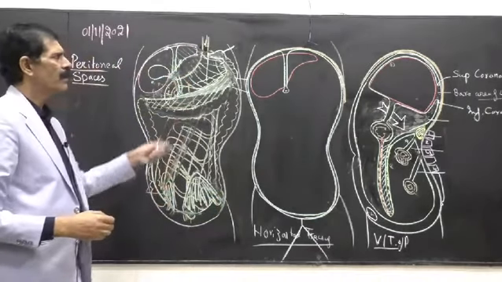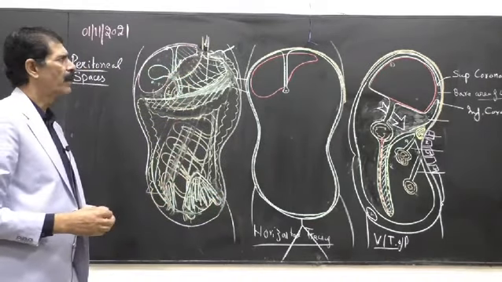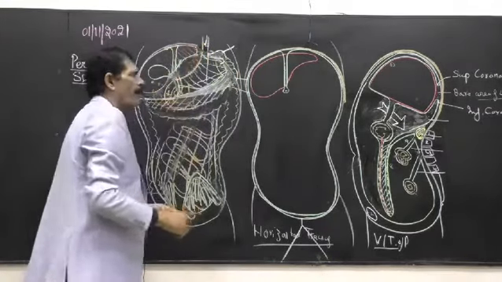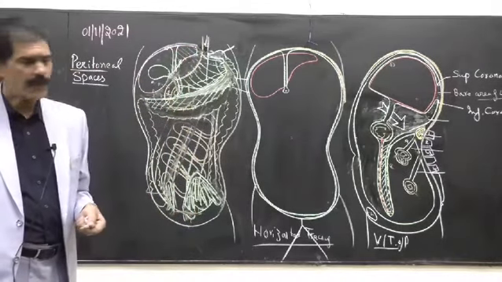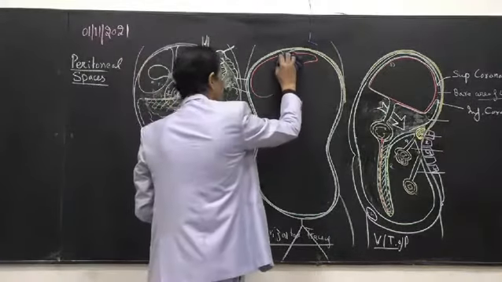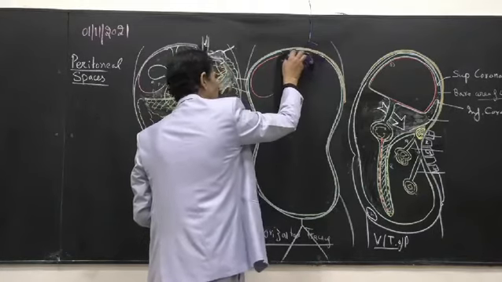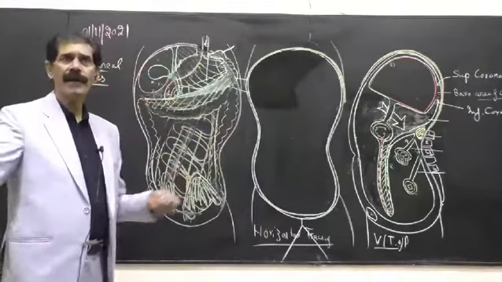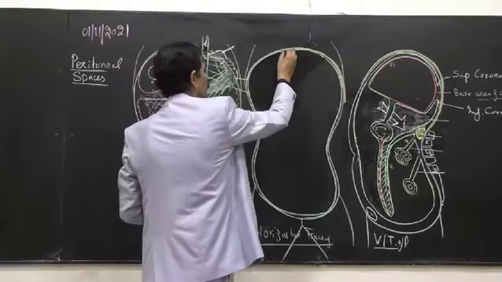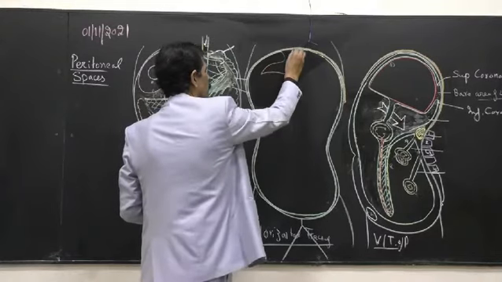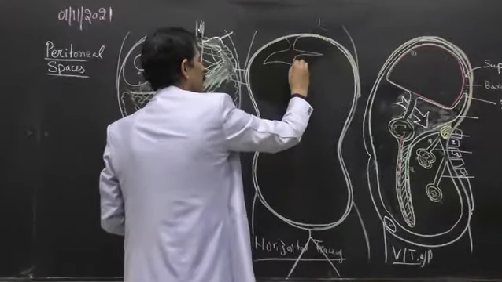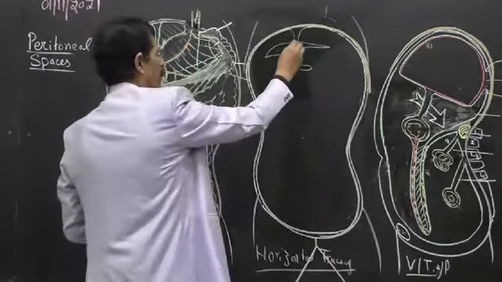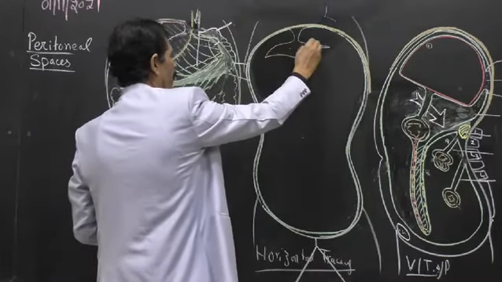So this is the liver after we have removed it and cut this falciform ligament from here. And we have removed the liver out of it. So when you remove the liver, and this is the falciform ligament, along with the liver we remove it. When you remove the liver, what is left behind? You have to understand the meaning of this diagram.